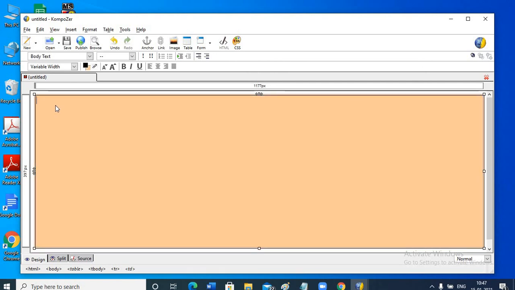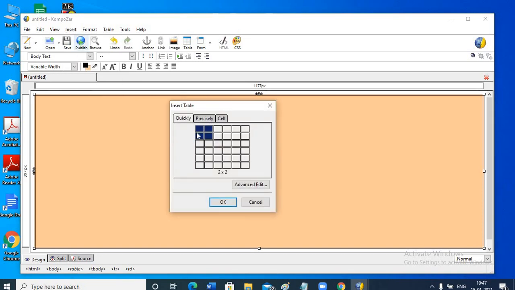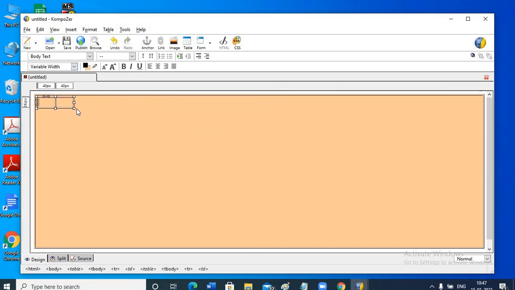Now in this cell, press enter a few times so that your cursor easily moves to the next line. Bring the cursor to the beginning, insert table, select the cells, click OK. Increase the size of the table.